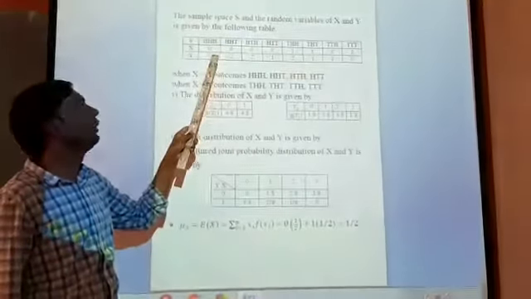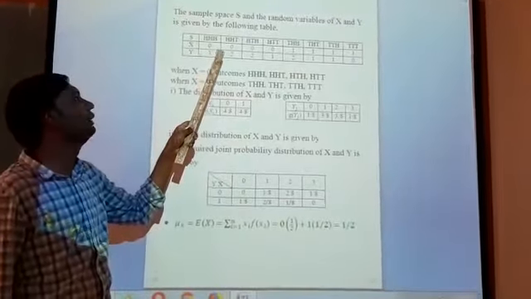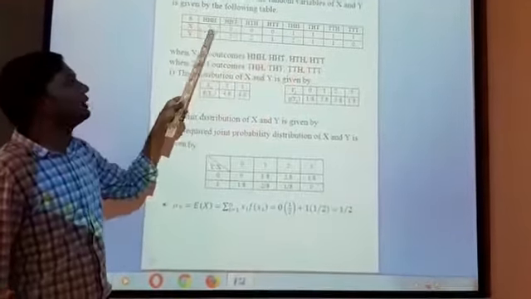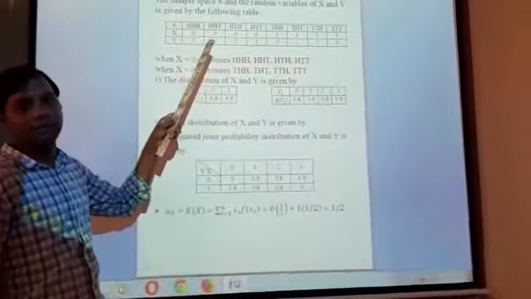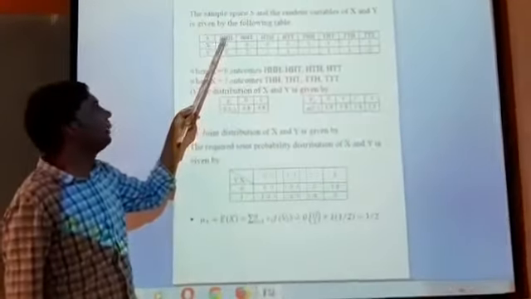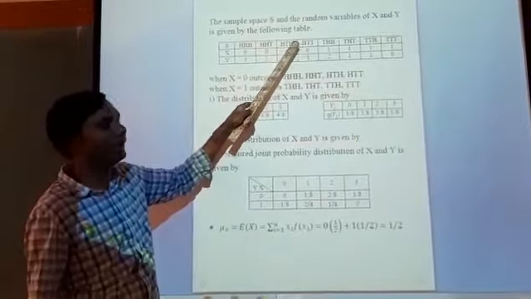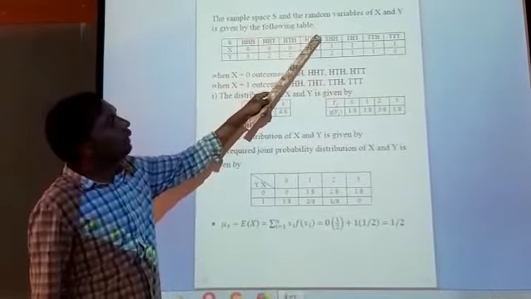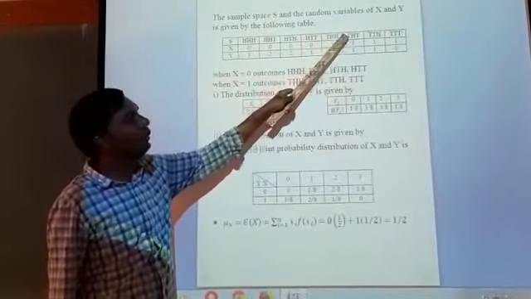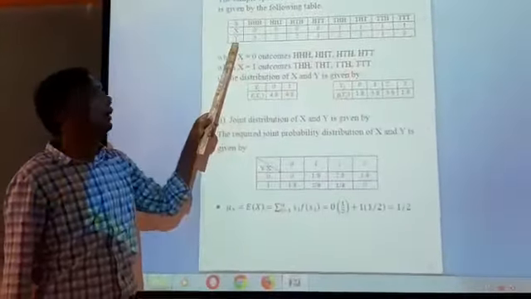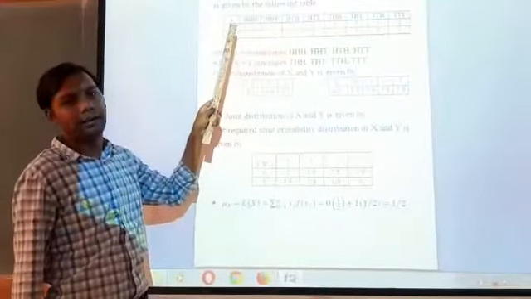In the question they have given that head denotes 0 and tail denotes 1. So the x row can be written using only the first toss element. The first toss is head, so 0; head, 0; head, 0; head, 0, because head denotes 0. If the first toss is tail, that is 1; tail, 1; tail, 1; 1, because tail denotes 1. The y row contains the number of heads in each possibility.